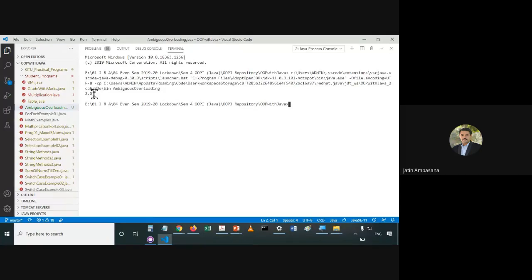So there is no issue with our code. There is some issue with some other codes, not with this particular code. Okay. So you can see the output is 2.0.